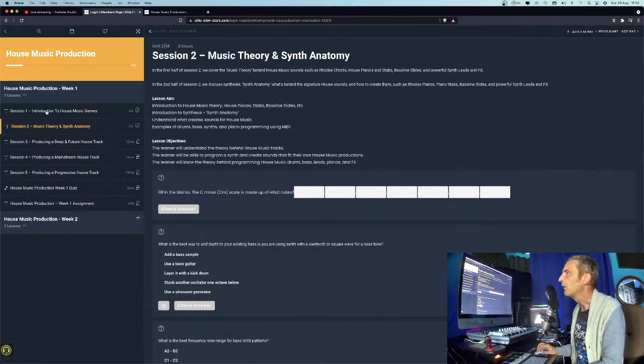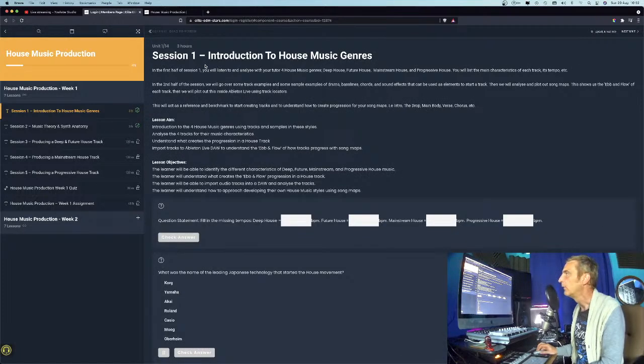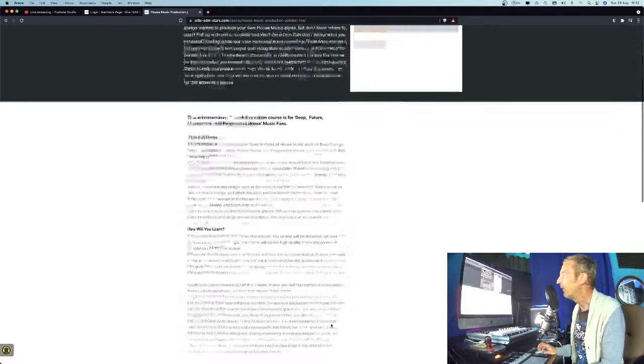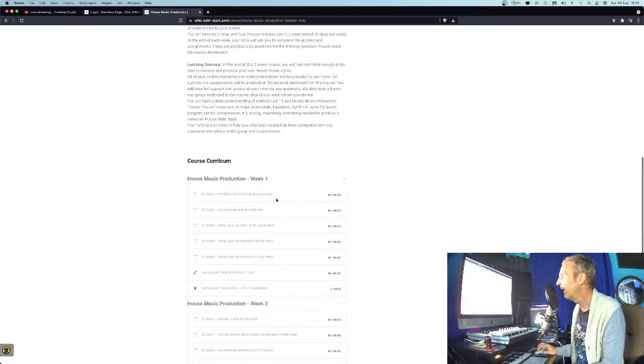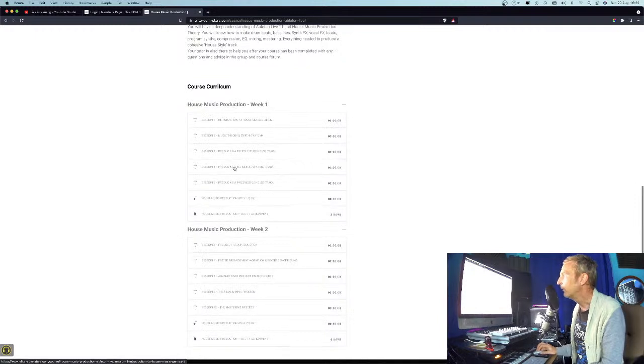I'm going to show you 2 of the sessions here. So session 1, they all look exactly the same. It will have a lesson aim, a lesson objective on every single layout, which you can't see so much in detail here. It doesn't show you the main detail. What I may do is put 1 or 2 of these